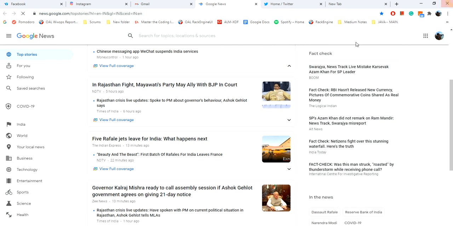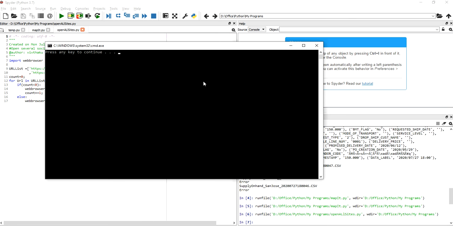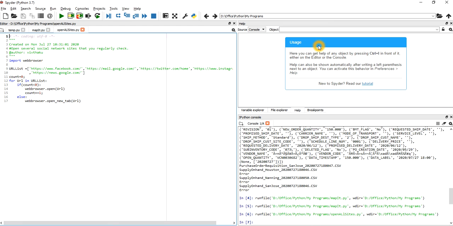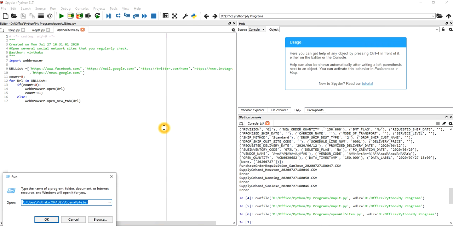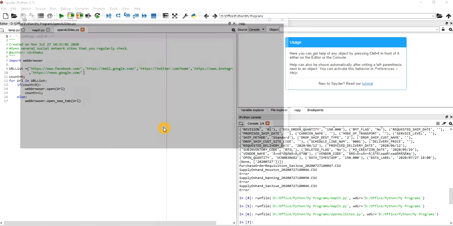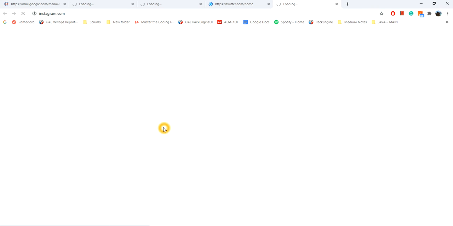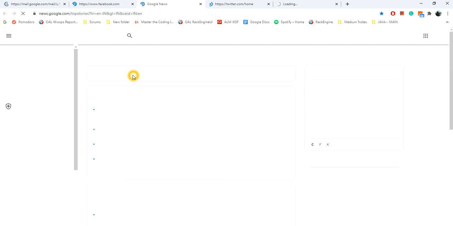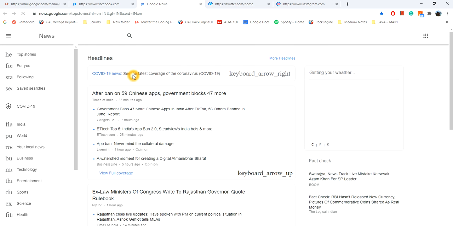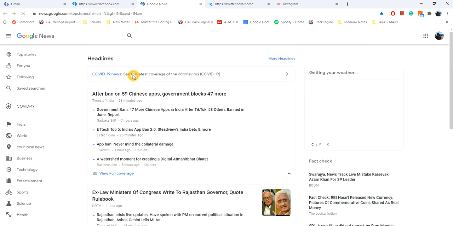What I did was, I got up in the morning, I opened my laptop, I pressed Windows R, I saw this open all bat, I pressed enter, it opened a Python executor in the command prompt and it opened all the files for me. I don't want to show you my Instagram, so let's just show google.com where we are seeing the news. So yeah, it's as simple as this.